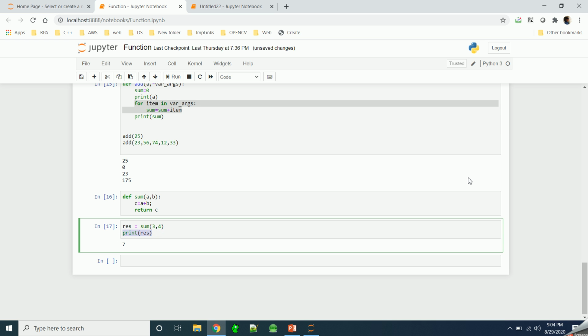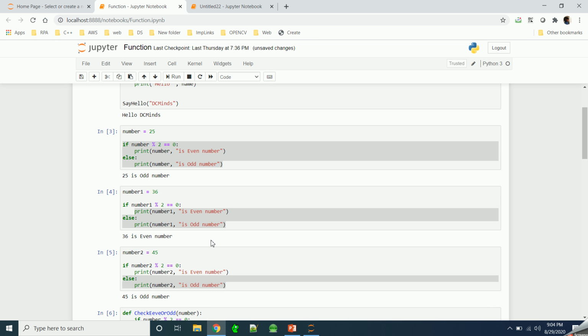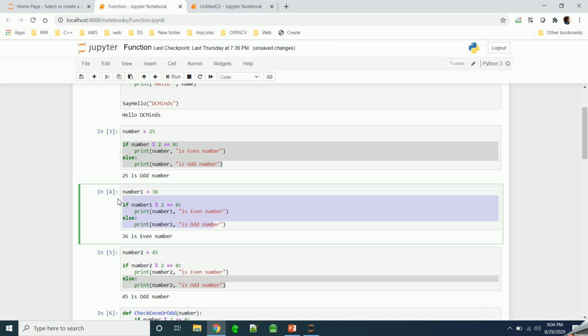Okay, so the main thing to remember over here is that we use functions whenever we want to write readable code and avoid the repetition of code. In this case we have avoided the repetition of code, like for even number checking we have avoided the repetition of this code. So in one place you write some lines of code which can be used again and again.